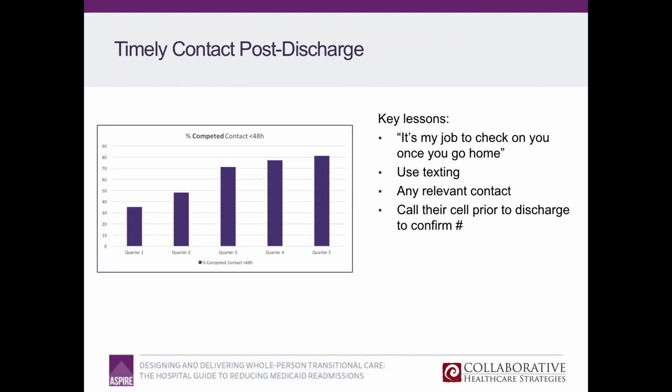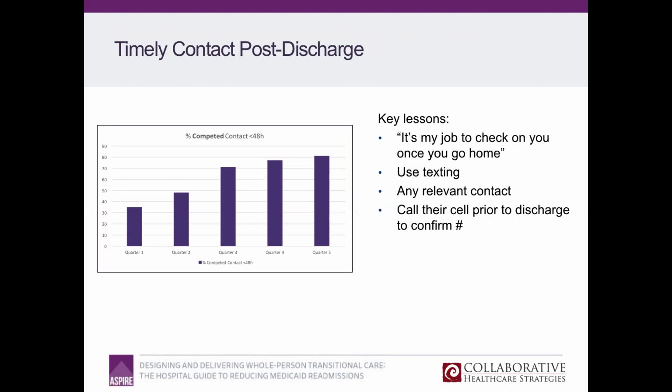If you're not going to do all the work, you need to have the infrastructure to know when the job is being completed, basically. And so again, you can see the same team. This did not happen by itself. They basically started doing post-discharge follow-up phone calls in Q1. They worked harder and got to Q2. They hit a plateau, and then they innovated to get to the performance in Q3. The innovation, texting. So they would have never gotten to that Q3, 4, 5 performance that you see if they hadn't gone from phone only to phone or text.